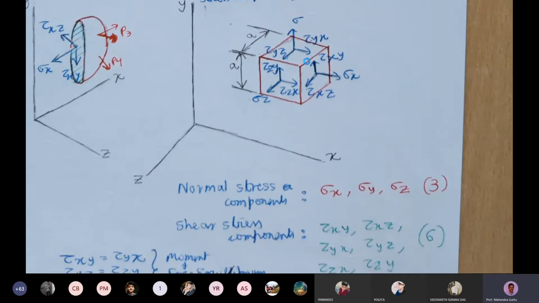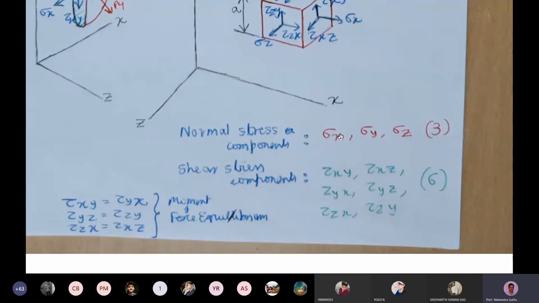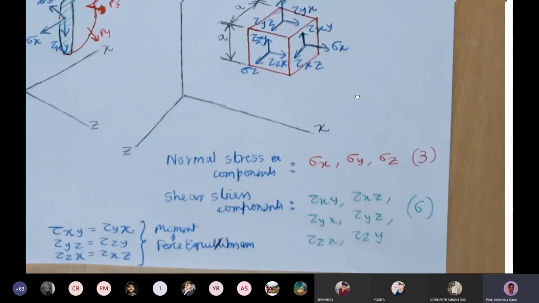So what it means is, if you look here, whatever shear stress is acting in this direction, tau xy, it is equal to the shear stress acting in this direction, tau yx. Similarly, tau yz, the shear stress acting in this direction, is equal to tau zy. And similarly tau zx, this shear stress, is equal to tau xz. Okay, so we'll have finally only 6 unknown components: sigma x, sigma y, sigma z, tau xy, tau yz, tau zx. So if you know the 6 components, we can find the remaining. We can plot the entire stress element, stress field.